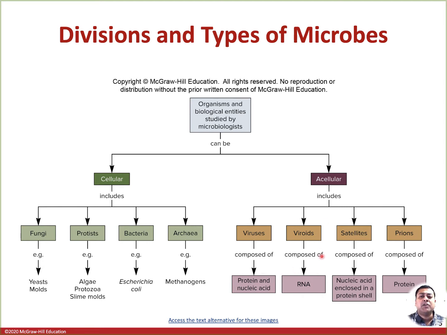The viroids, on the other hand, are composed completely of RNA, and these RNAs infect plants, mainly plant entities. These are replicating RNAs that we are going to talk about. They cannot have any kind of function outside a living cell. They need to be inside a plant cell. They particularly infect plants.